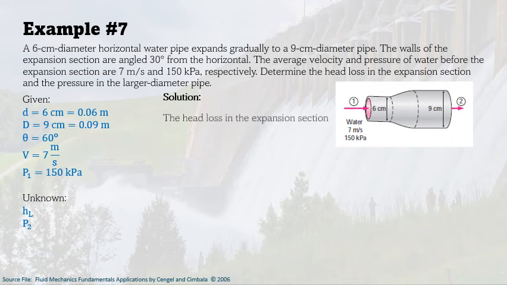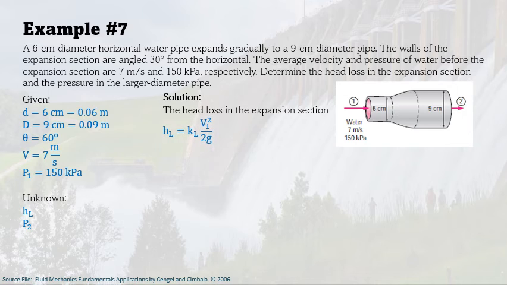So using the formula for the head loss in the expansion section, this is actually our general formula. But this time we are looking for the head loss in that expansion. So therefore we are using the value at the expansion, which is the velocity at the expansion, which is V1, which is given as 7 meters per second. KL is already found in the table, in the chart rather, which is 0.07. Substituting the value, we can get the head loss to be